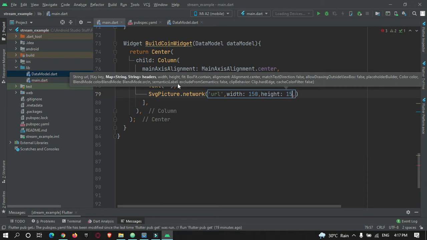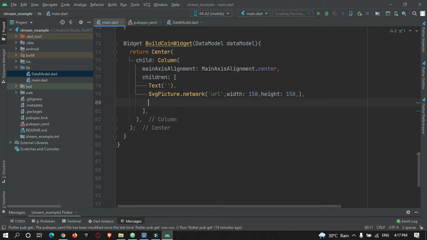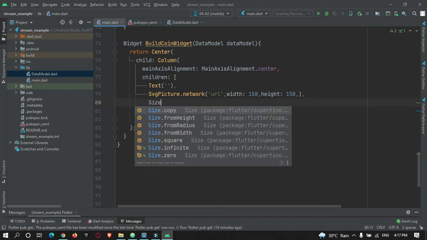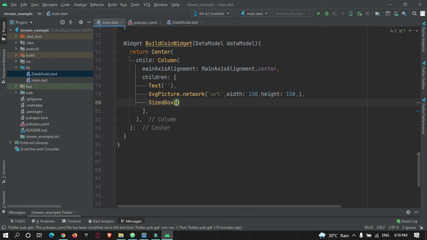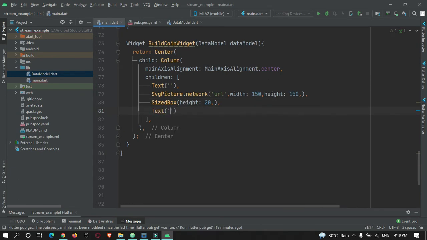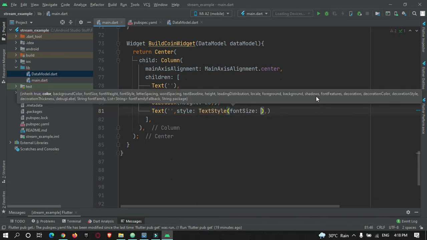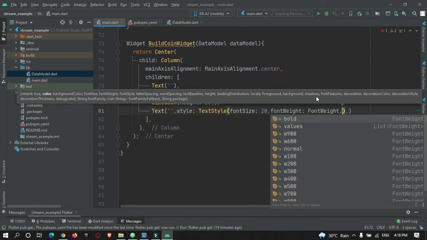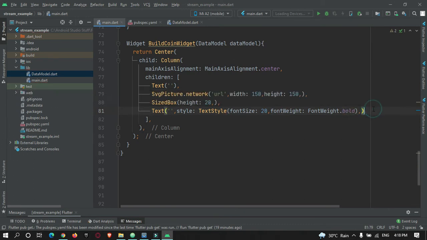Okay, and we also need the price to be displayed. So for that, text widget, and for the price we will just show the price over here. Let's give a style, text style, font size 20, font weight dot bold. Okay, so I have just kept this empty, so let me use it afterwards.